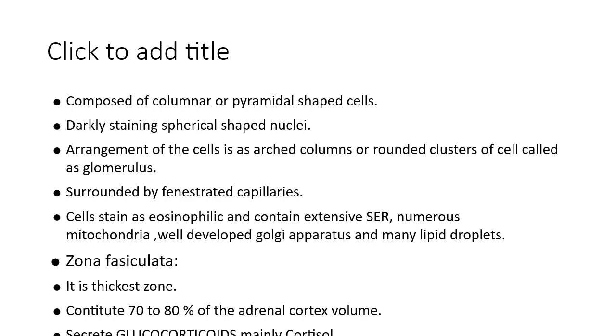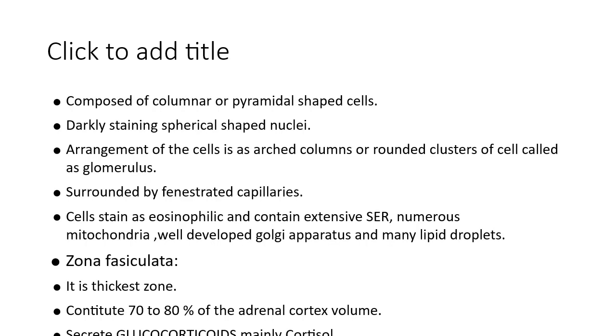So students, when you are seeing this slide, you must observe the amount that the zone contributes to the adrenal cortex, which types of cells are present, and the arrangement of the cells. Please also write down in your notebook the arrangement, the type of the cells, and their staining, because these points will be the only difference when you are going to see the slide